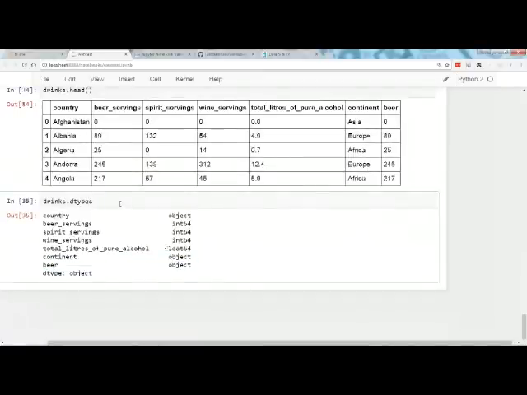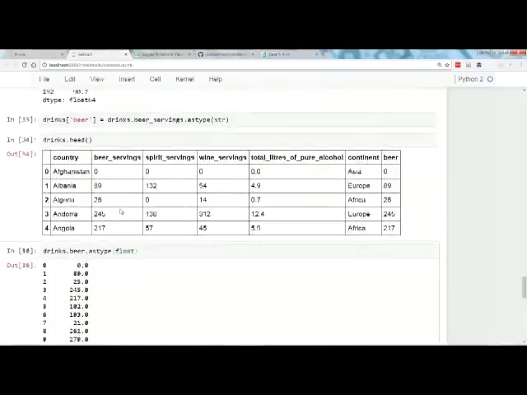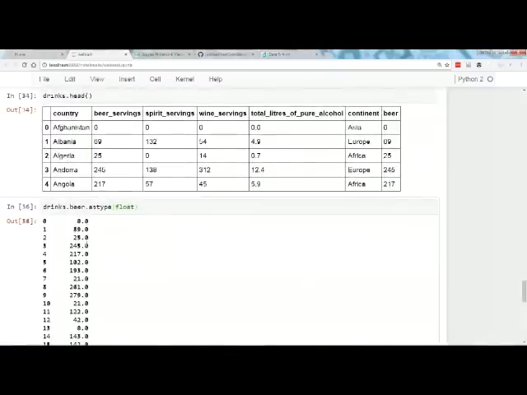So what we actually need is for the beer column to be an integer. So I would just say drinks.beer as type int or as type float, your choice, and you will get the numeric version. Now, I don't know if that's exactly what you were asking for. Oh, okay. You asked about multiple columns in a data frame. Okay. So if I needed to do this on a bunch of columns, I would probably do it one by one so that I could make sure I'm getting the results I want.